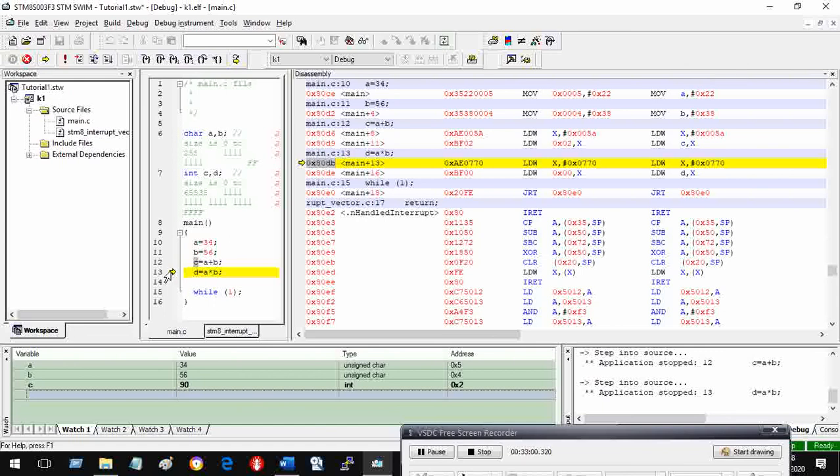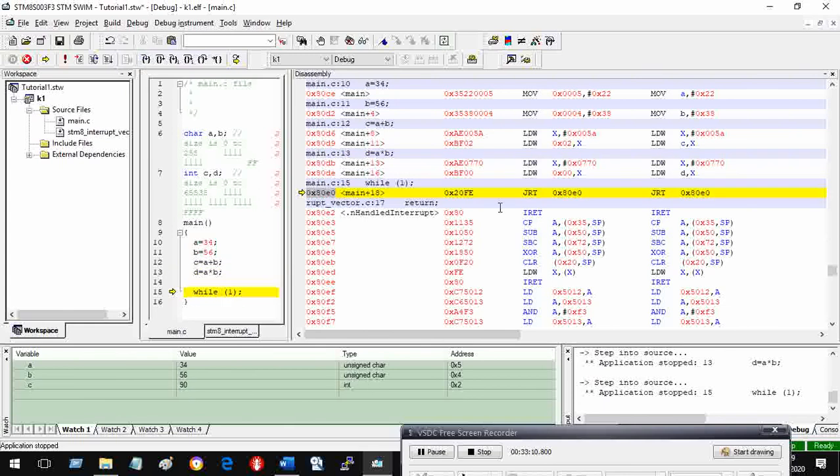Now, if I ask it to go further, that is step into again, then it will perform D is equal to A into B. Let us do it. So it has done D is equal to A into B, and that's why it has come to the next statement. It has executed this. What is the address of D? Address of D is 0. Is it? Let us check.